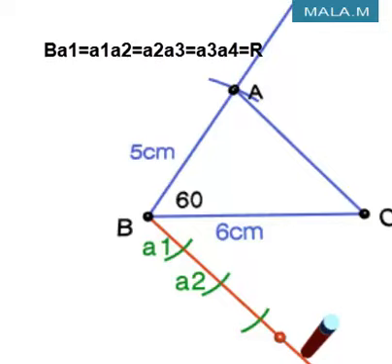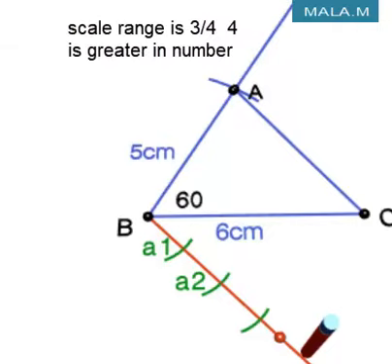And now see the scale factor of the triangle. What is given in the problem? 3 upon 4. Here the larger number is 4. So that's why you have to construct 4 portions on this ray. 4 portions means you have to construct 4 equidistant arcs. So like this. This is the last arc you are constructing, A4.